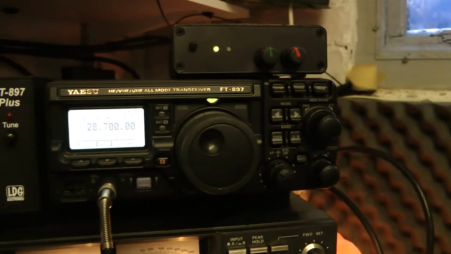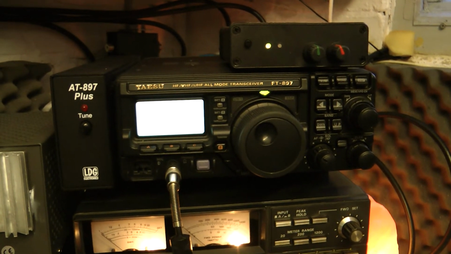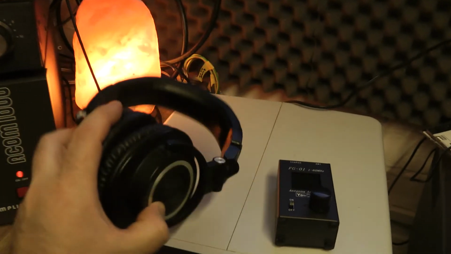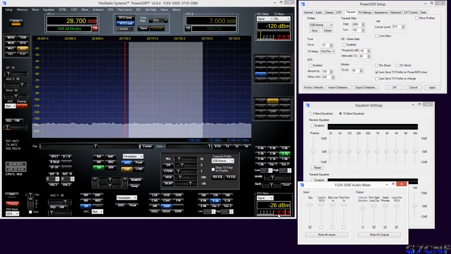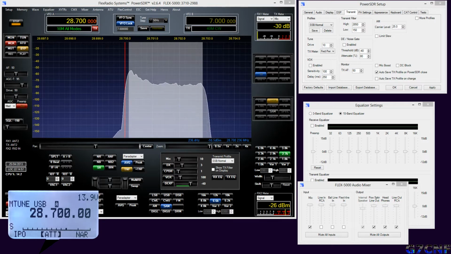For the receive monitor, I'm using my trusty old FT897D. Into that I have plugged in a set of headphones which I will use to monitor my TX audio. So I'm going to put the Flex into transmit. Just start the 897. Okay, so the Flex is in transmit, and of course, as you can see, there is